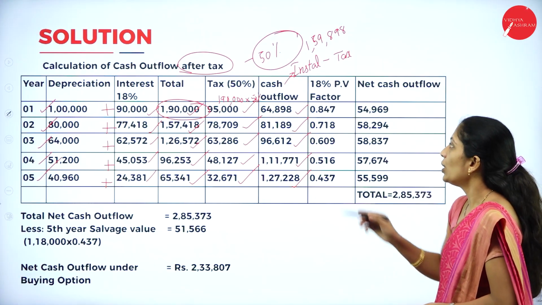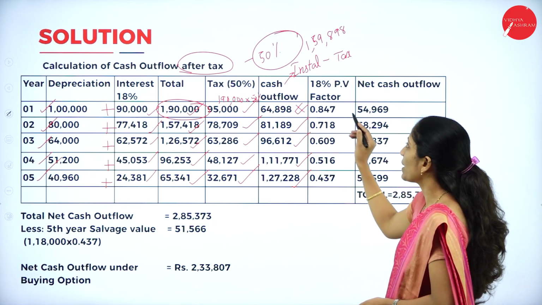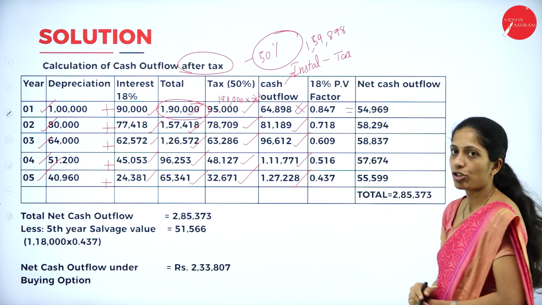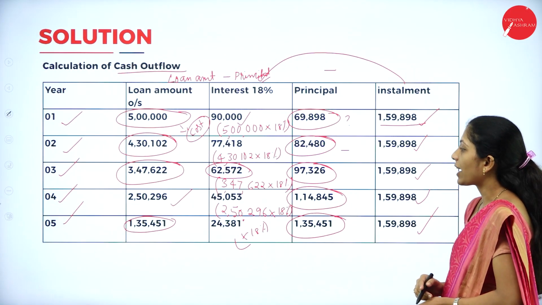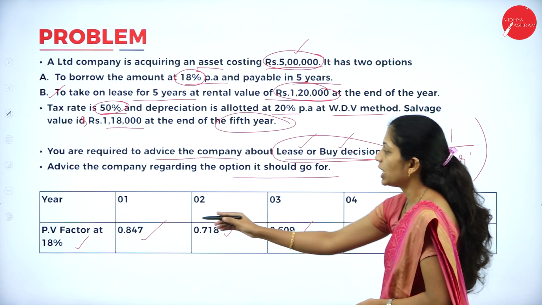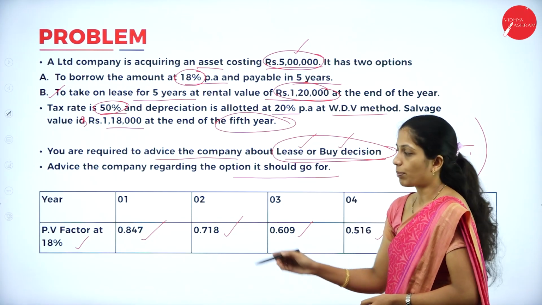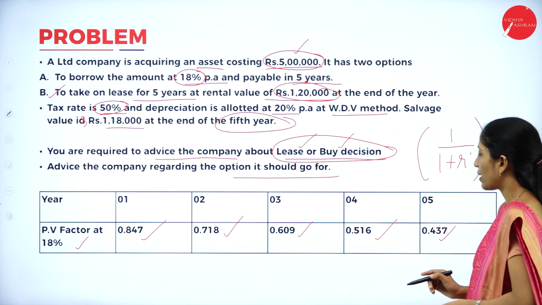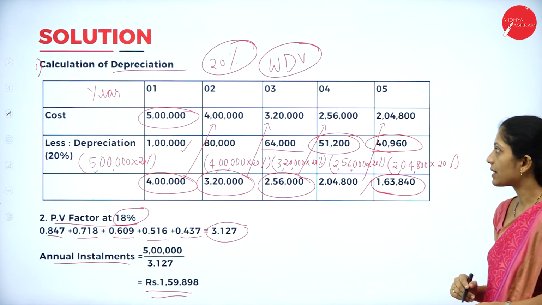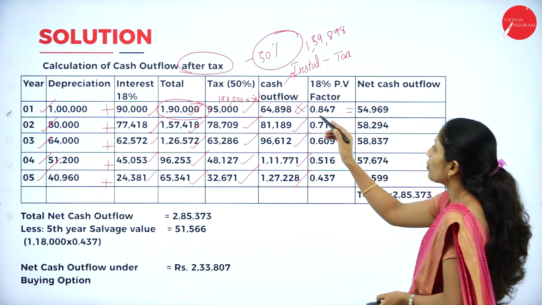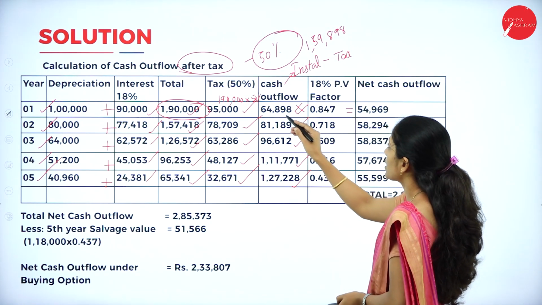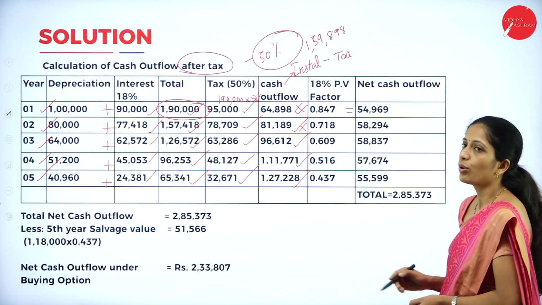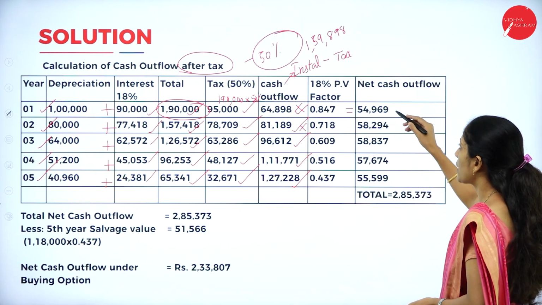1,27,228. Now, we have to multiply it with the PV factor to get net cash outflow. So, what is the PV factor? They have already given in the question, that is 18% PV factor, 0.847, 0.718, 0.609, 0.516 and 0.437. Multiply with that. So, when you multiply this in the first year, 64,898 into 0.847 will get